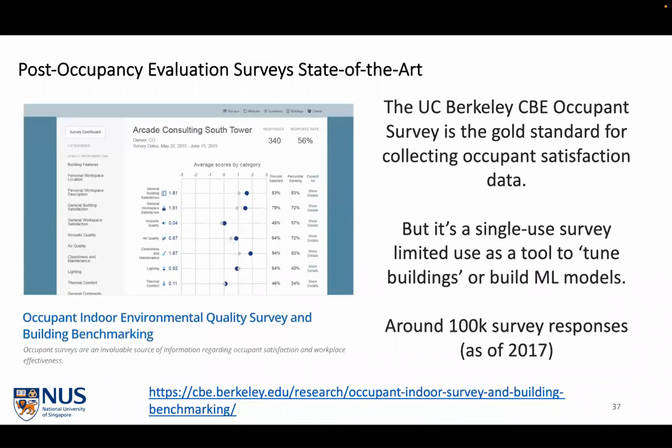In the built environment, we do something in this direction a little bit. There are really great post-occupancy surveys that, for example, UC Berkeley has created at the Center for the Built Environment. They collect data to try to understand how buildings operate, in the same way that car companies try to understand how people are using their cars. But the problem is that this is a one-time survey. It's static. People are thinking into the past of how they felt. So obviously there could be improvements in how that works.